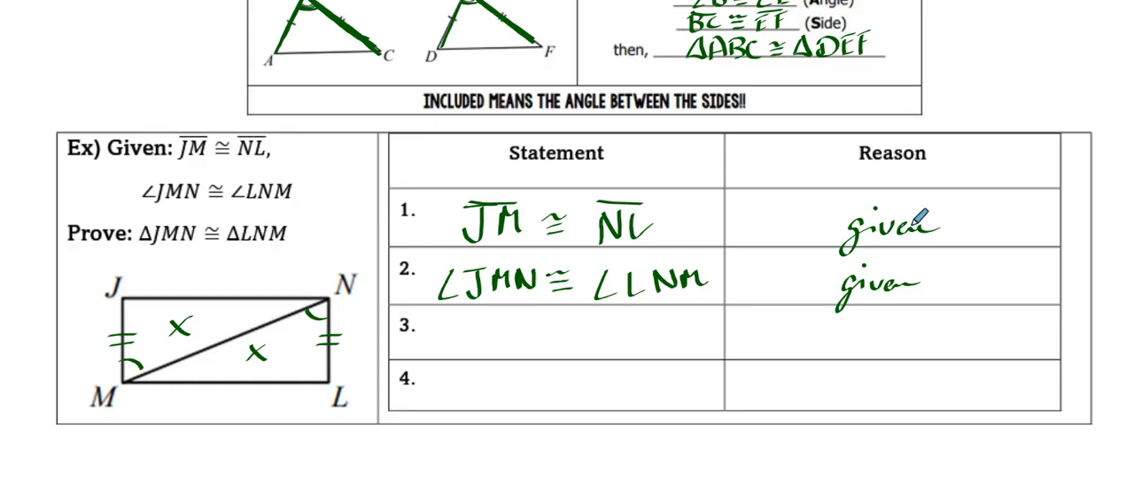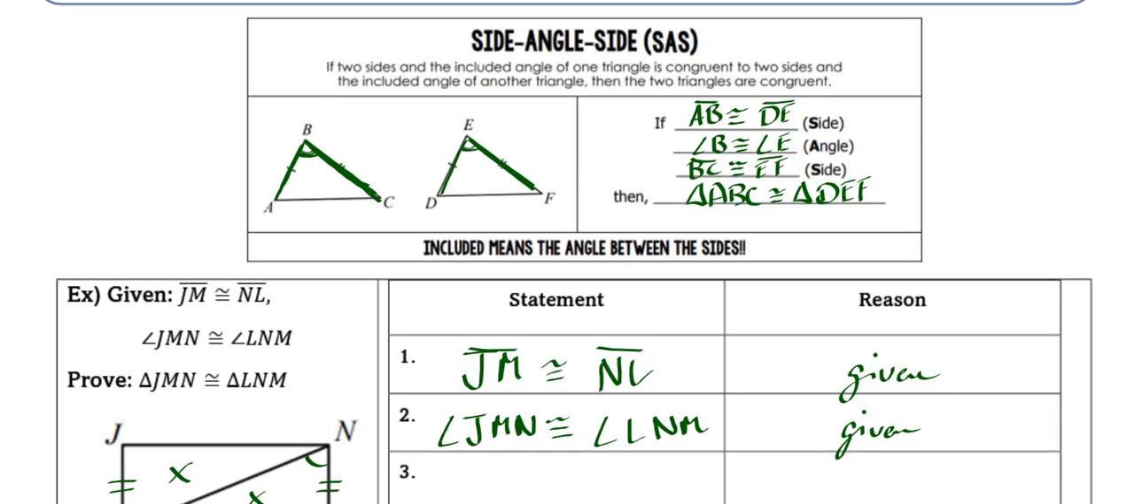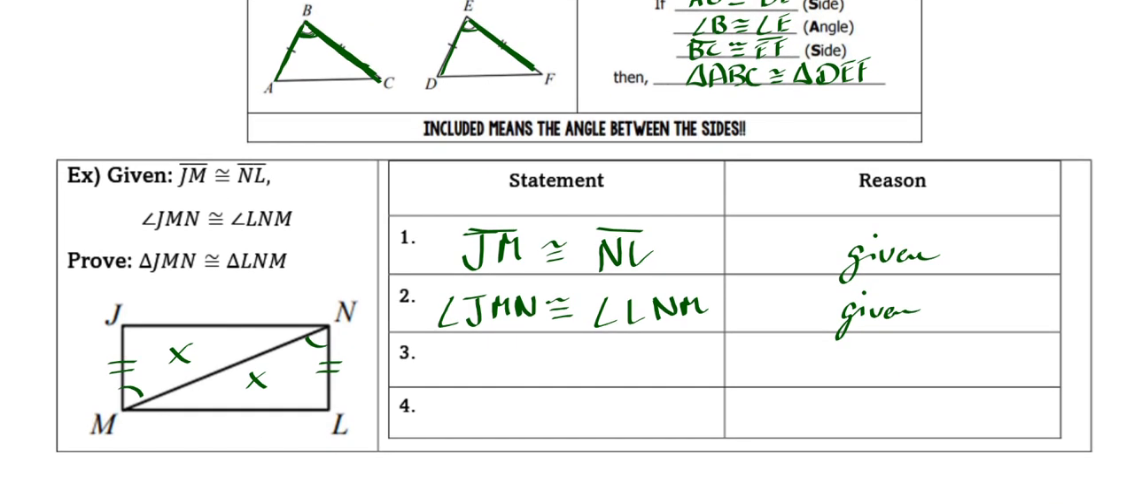And now think about what other thing we need. This is a little bit suggestive also. We're told exactly what we're going to use here: side, angle, side. You're not always going to be told what theorem we need to use to prove this. So you're going to need to think a little bit outside the box here, but right now we know